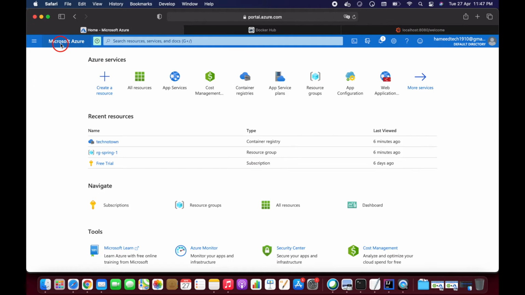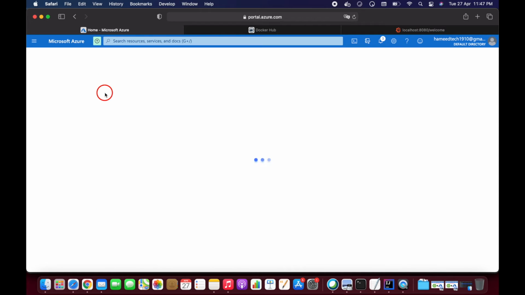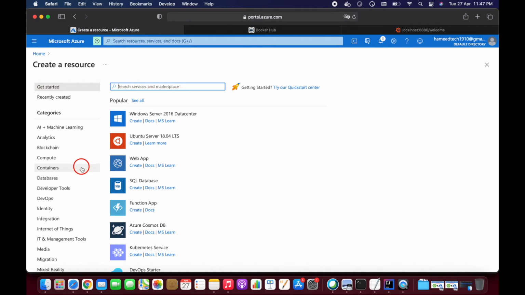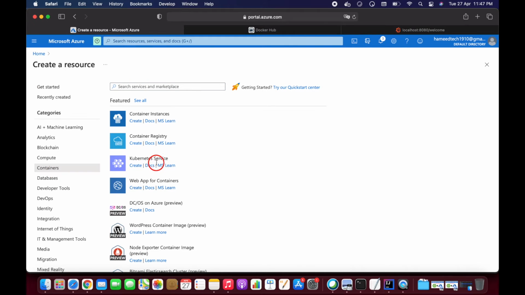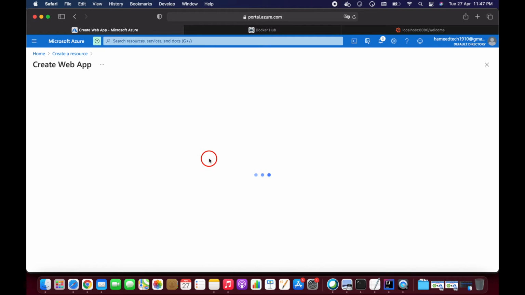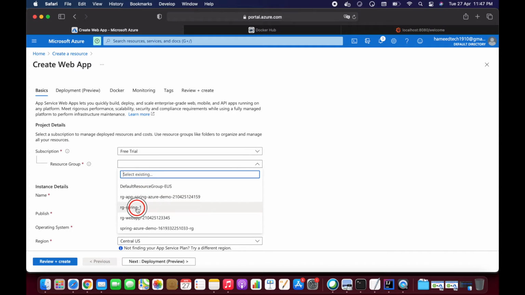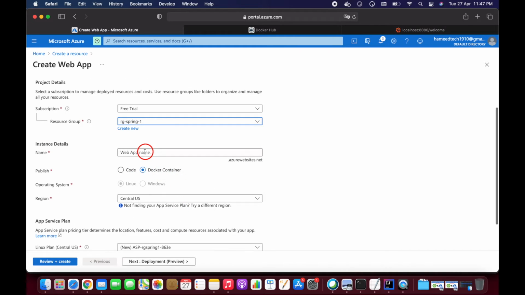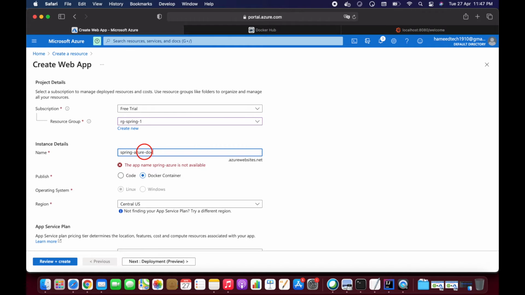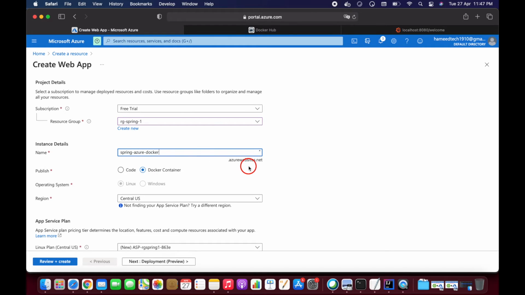After that, we need one web app, right? So let's click on Microsoft Azure and create a resource here, and click on containers. Here Web App for Containers is there, so let's click on this, and here we need to provide the resource group. I'm going to use an existing one, and the web app name, Spring Azure Docker.